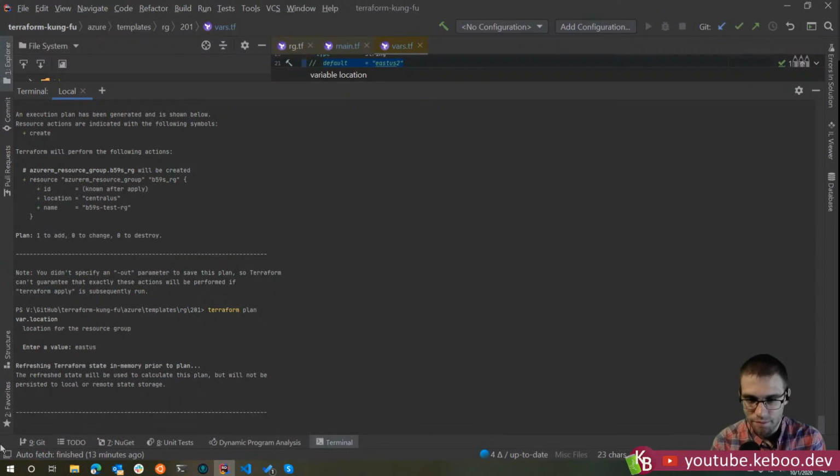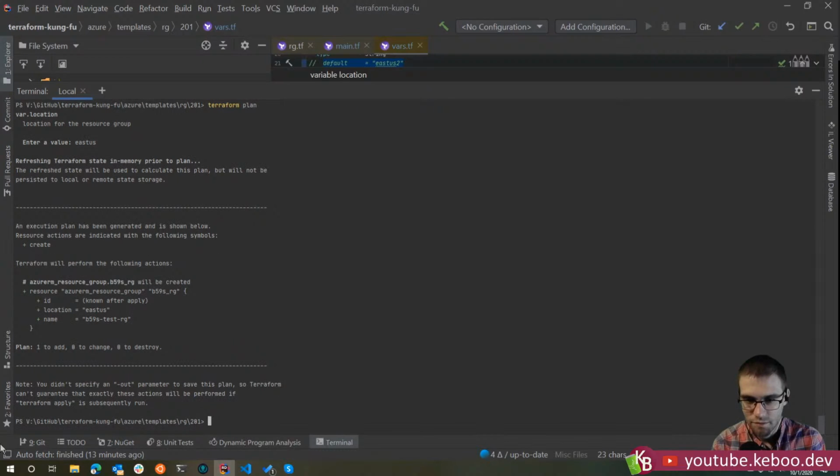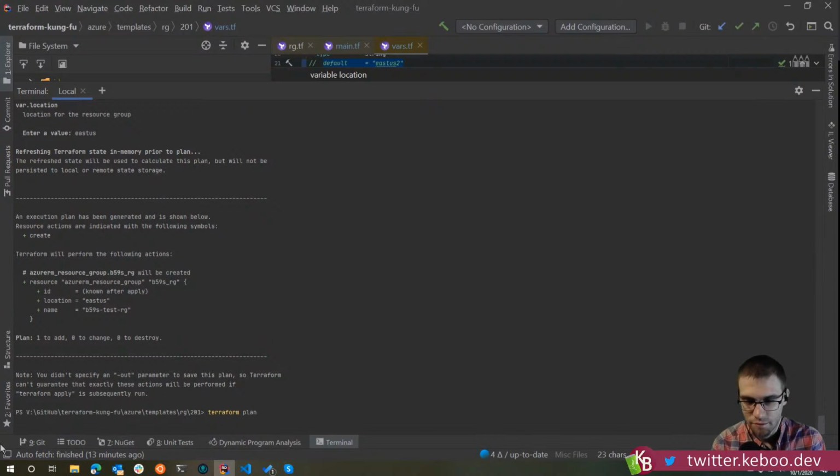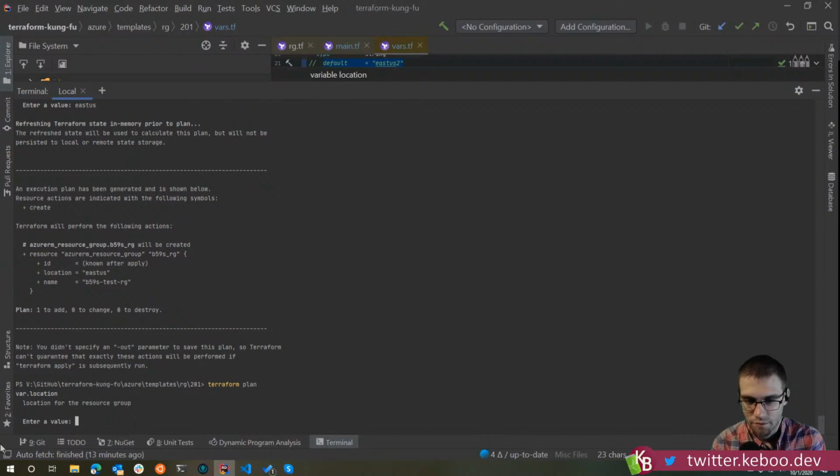Another interesting thing here, because this is obviously going to work and come up and say East US, which you did, is to just do a plan. Oh no, I took the default away. Okay, we'll do East US. Let's say I left it without a default, because that's the way it is right now.